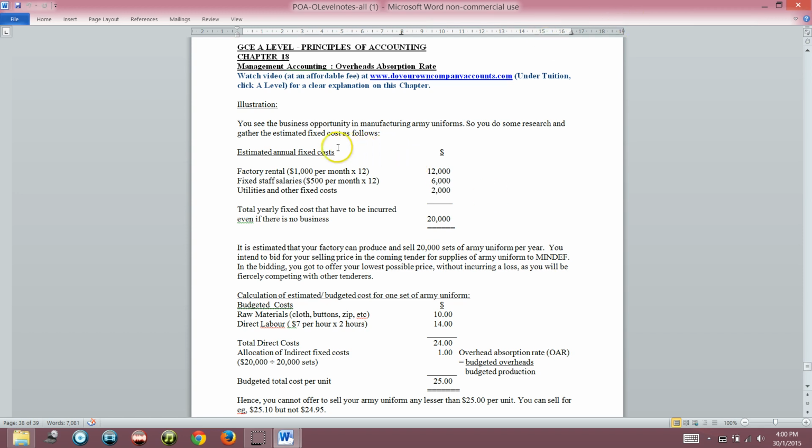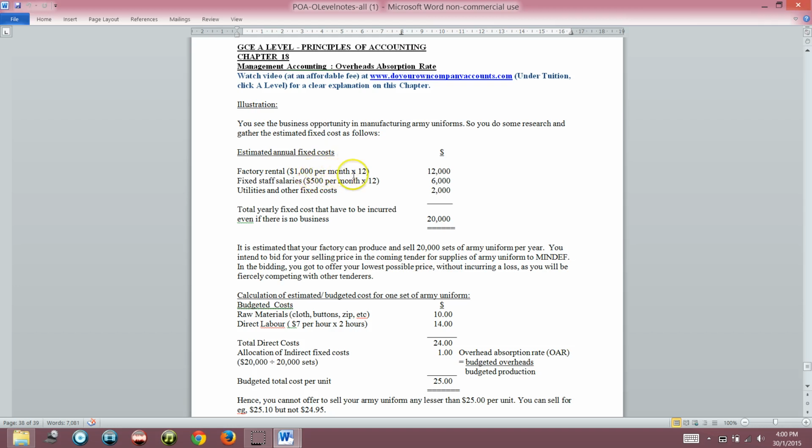Okay, so now I'm giving you an example. For example, you intend to start a manufacturing business. You intend to rent a factory to manufacture army uniform because you see the potential in it. In Singapore, all the boys have to go to army, so you see the potential in manufacturing army uniform. So you go around Singapore and look for a factory, and you find a reasonable one, not very big but